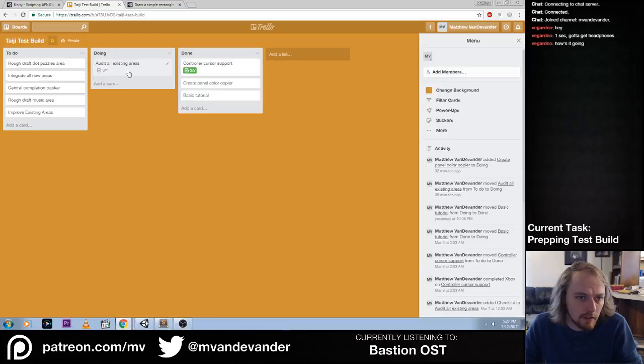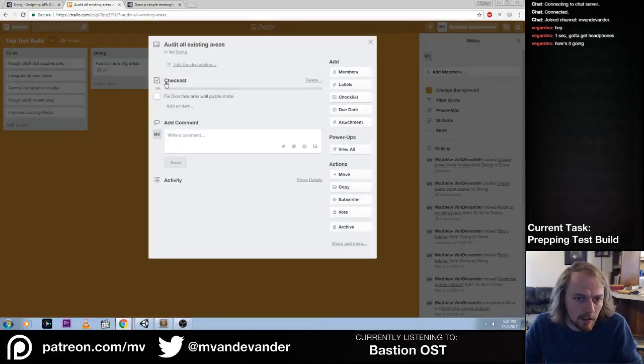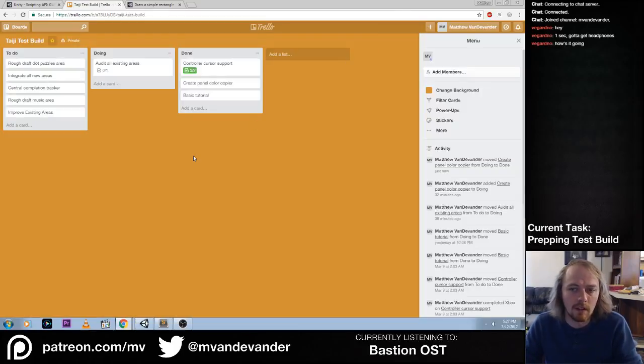That's done. And this. Yeah, it's right here. Fixed dice area, face area, wall, puzzle maze. Okay, so